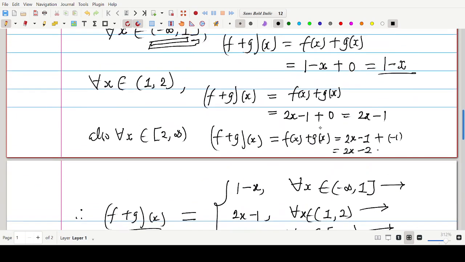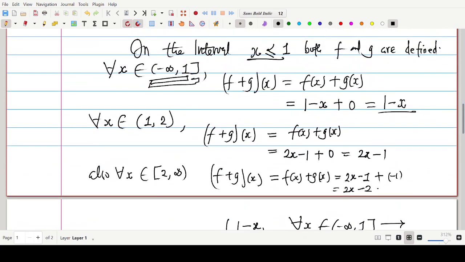On the second one, let's go to the second one. Look at it here. Can you see that? All x in this domain. Now, as usual, instead of f plus g, we'll be having f minus g. And what is the result? It ought to be 2x minus 1 minus 0. And that will give us this 2x minus 1. All right. So in that case,